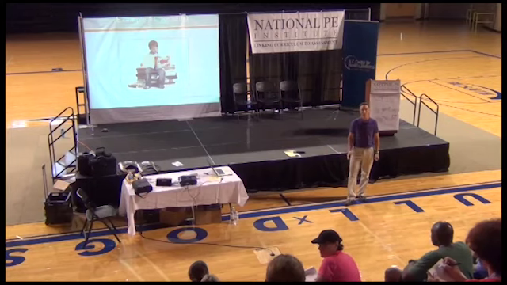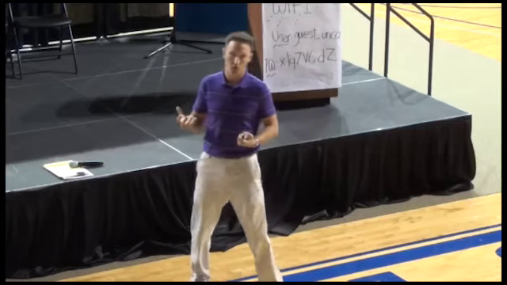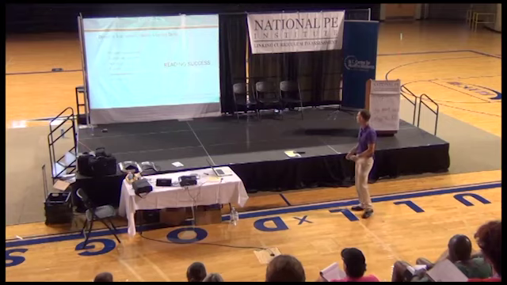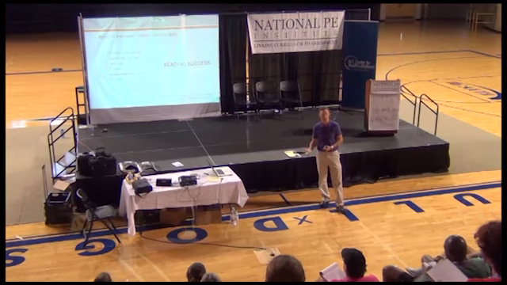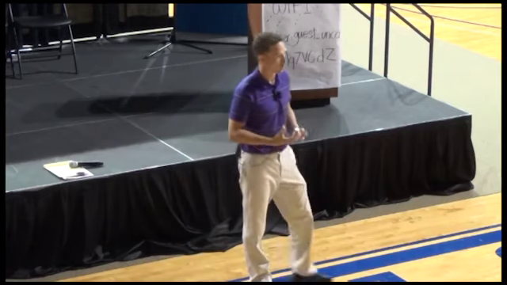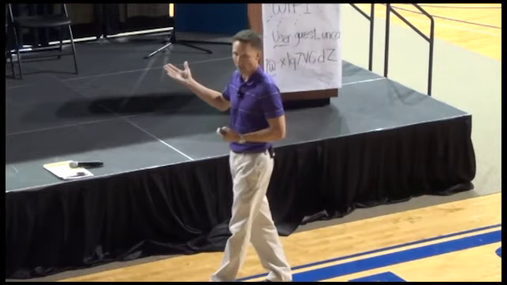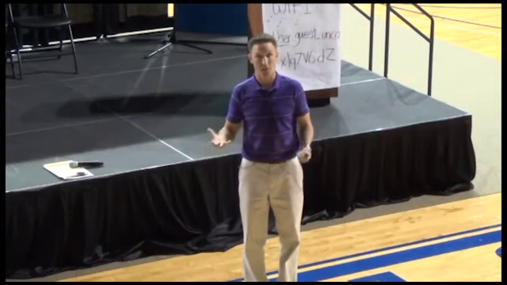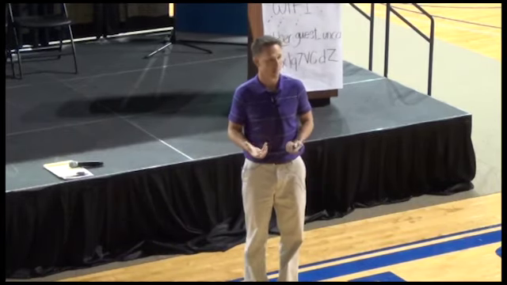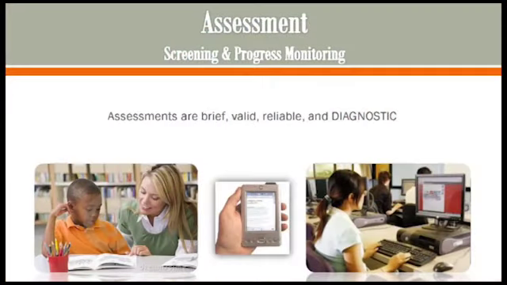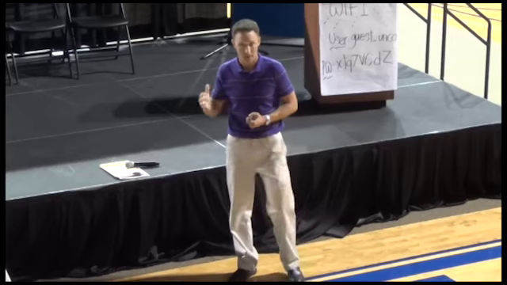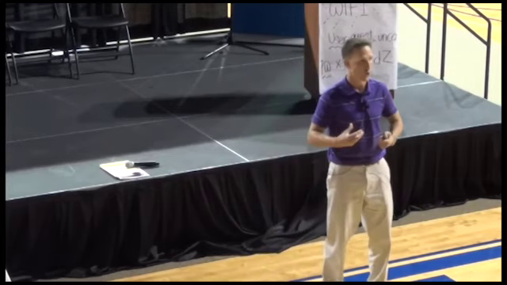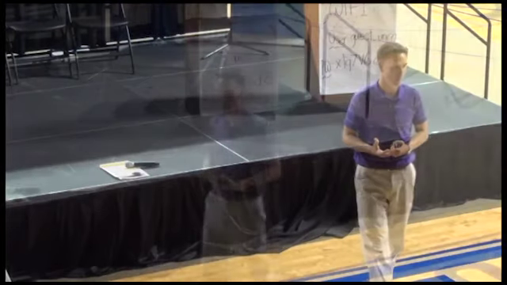So I want to start out by sharing an example with you from reading. What are teachers doing in schools to teach students how to read? Well, first of all, a lot of research has been conducted on this topic. How can you teach a child to read? And the research has shown that there's 6 principal indicators of reading success. So what do you think that reading teachers at young ages are doing? They're assessing those to try to get a feel of whether students are where they are on those. They're using assessments that are brief, valid, reliable, and diagnostic. Diagnostic meaning, the most important one, that it shows the teachers where they might need additional support.